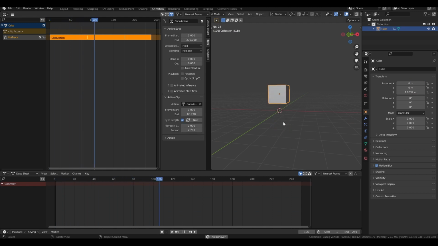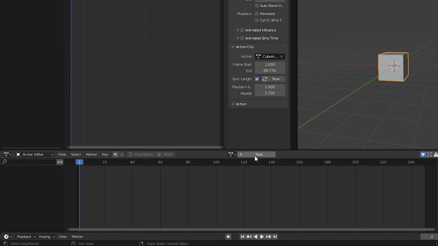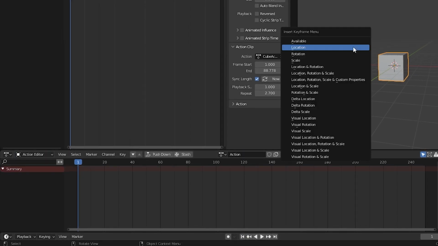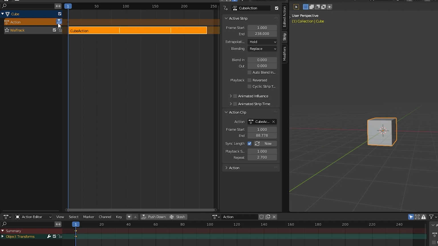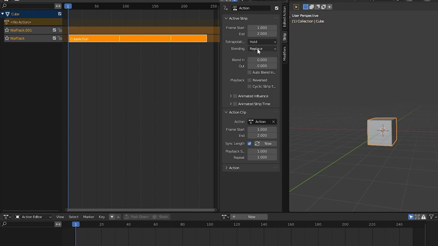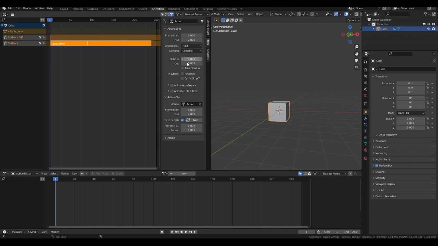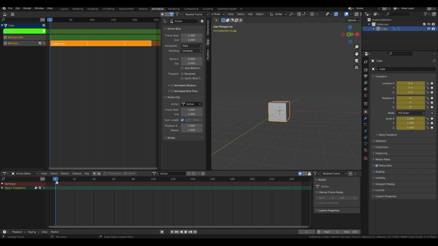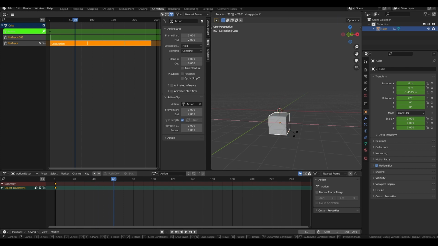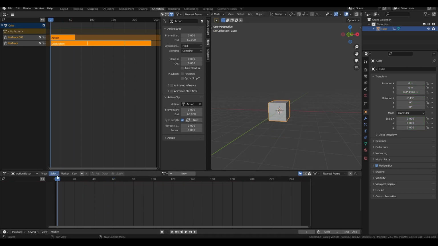To create a second layer or second strip, create a new action and push it down to the NLA editor. Change the blending mode to combine. You can play with other modes to get different combinations between the animations, but here combine mode will do the job. Then go to tweak mode and do your animations. This way you can separate your animation into different layers rather than having one big animation where all those are